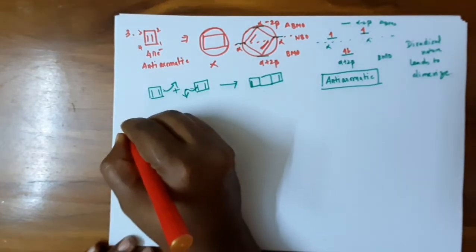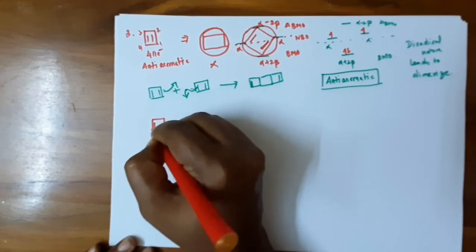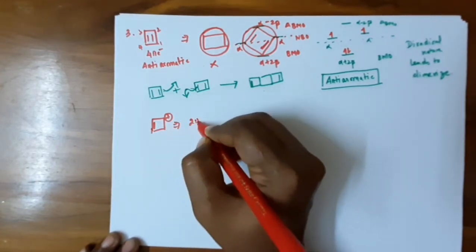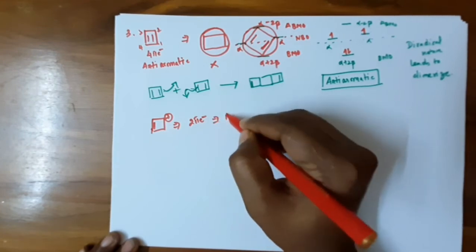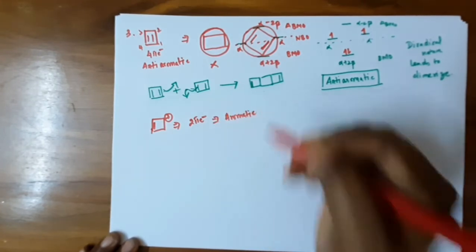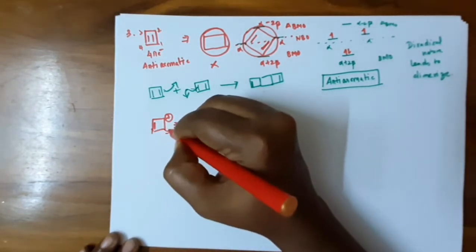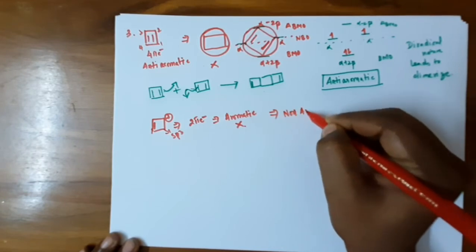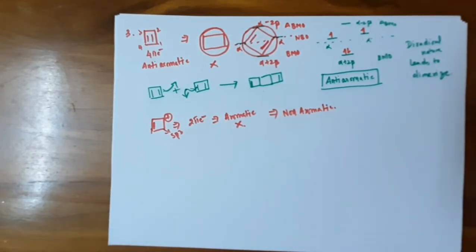And fourth, if you take one more example, the cyclobutadiene dication, which has 2 pi electrons. 2 pi electrons means it obeys the 4n plus 2 rule, and it would be aromatic. But it is not aromatic due to the sp3 carbon, hence it is non-aromatic. So the Frost circle is not applicable to a non-aromatic system.